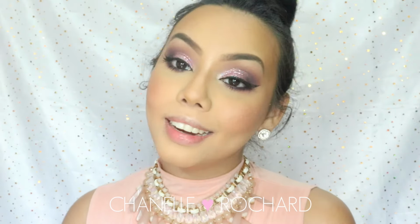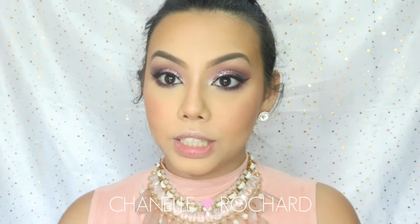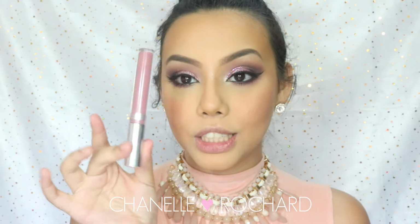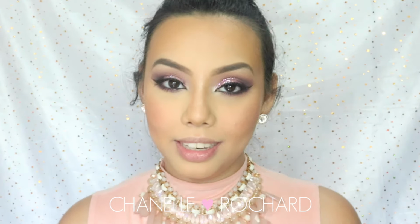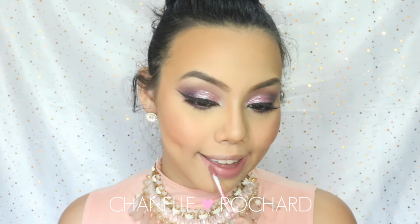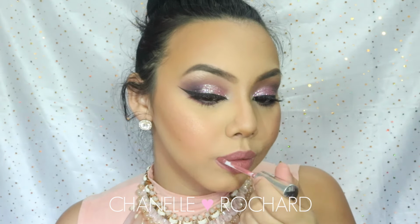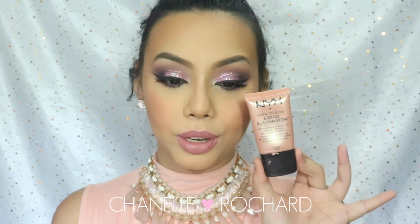And then finally for lip, first you wanna moisturize your lips. Just gonna have a little bit of Vaseline. My favorite liquid lipstick from Colourpop, and that's the color Dopey. Dopey's gonna be such a cute name. And I'm overdrawing them quite a bit because I want them to look really big. And finally, to top it off, I'm going to go in with a little bit of the NYX Liquid Illuminator in the color Gleam. I'm just going to put that on my finger